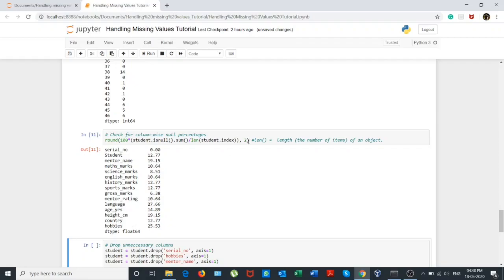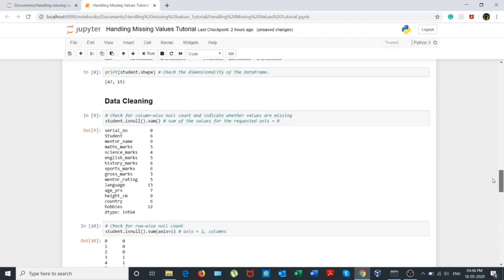Language is also highest, and we will use the inbuilt function of Python, which is len, and it essentially returns the number of items in an object. So basically what we have done, we have divided the missing values.